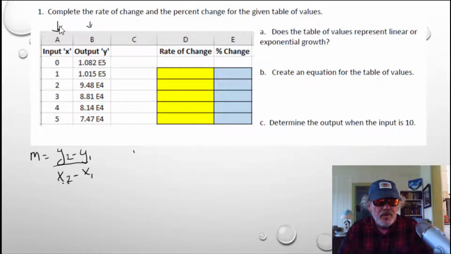Okay, so we're going to take this table of values over here. Column A and column B. First column is input, second column is output. And we're going to find the rate of change and the percent change. And I'll go slow on this first one. So the rate of change, here's the formula. And so I'm going to take the second value minus the first value, or